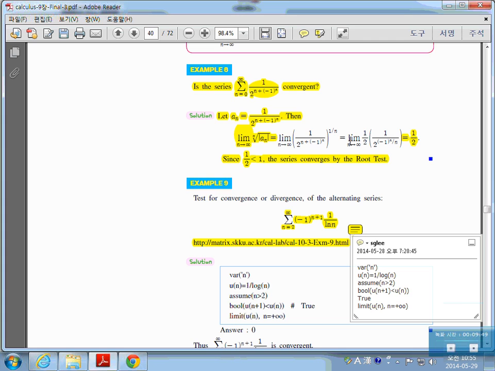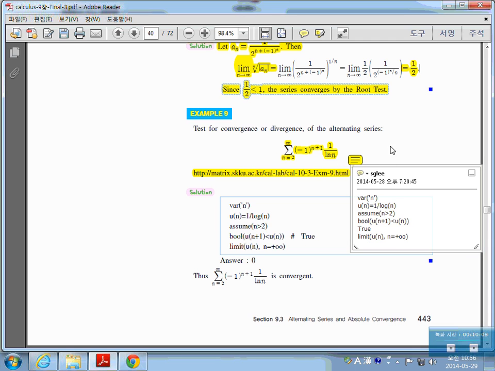So first, example 8 shows this one. Because it's the nth power, if you take the nth root, then you can easily find the limit of this term, which is less than 1. So we say the series converges by the root test. But for the second example, which is the summation of (-1)^(n+1) times 1 over ln n, in this case, we can show,